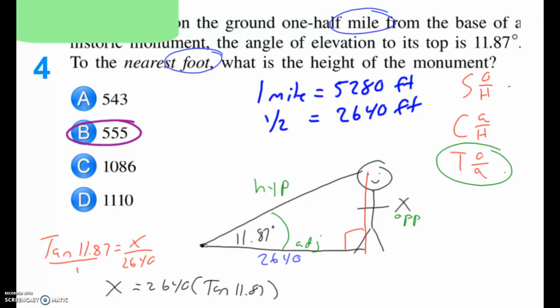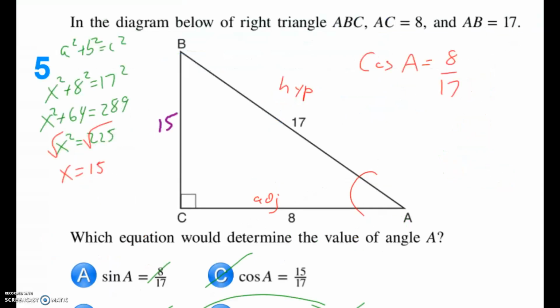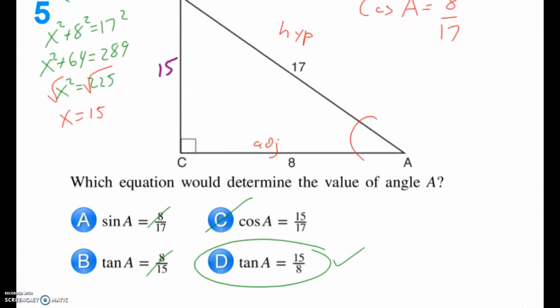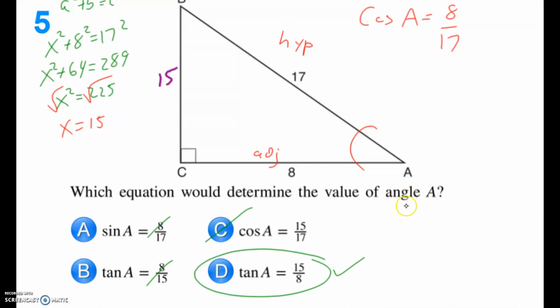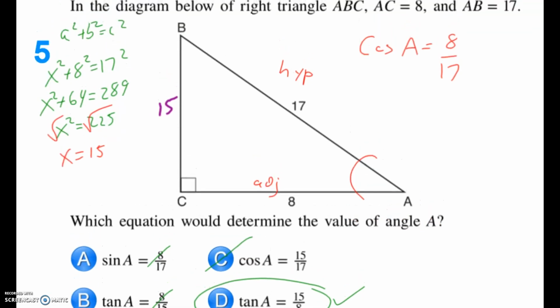Now again, because this is a long video, I did this next question all worked out for you already. And just really quickly show you, it just wants to know basically which of these ratios is true. They want to know which one would help you find the angle. Now, finding an angle, you're actually going to do inverse trig, and that's going to be in another video. But if we just look at this question,